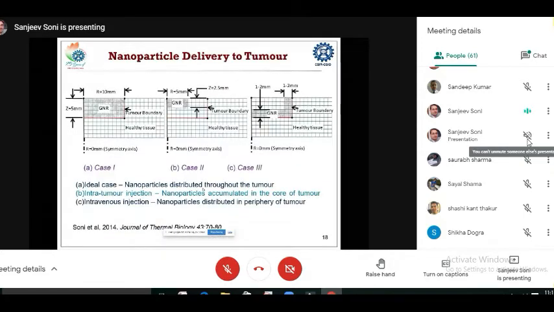Then next, now that we have fixed the size of the particle, we need to deliver these particles into the human body. Based on the delivery route, I can simply inject nanoparticles within a tumor itself, so we will have a local accumulation of the particles near the injection site. Or I can inject these through the intravenous route, meaning these will flow through the bloodstream of the body, and will try to accumulate in the periphery of the tumor, because in case of a tumor, most of the blood vessels are located in the periphery. Or there can also be an ideal case where we have nanoparticles present throughout the tumor. So in this case, these three cases were evaluated.